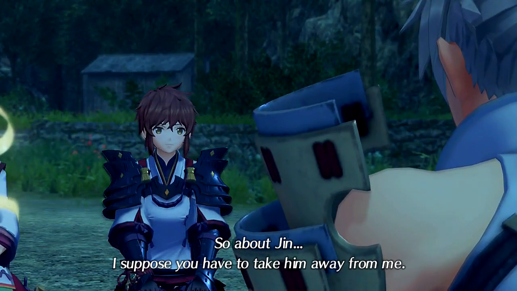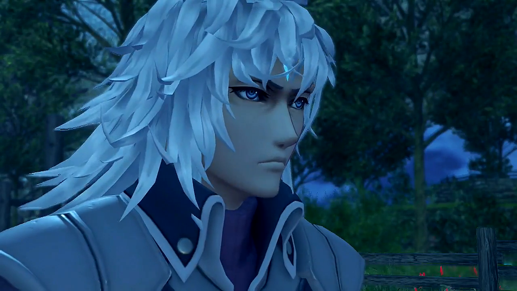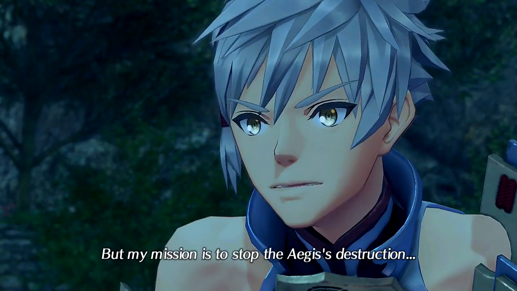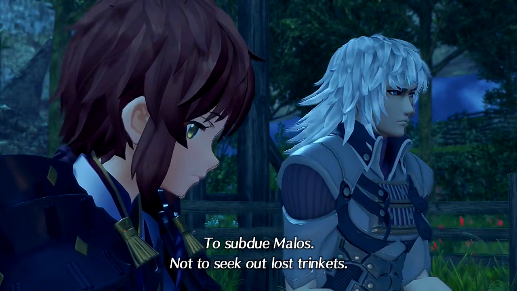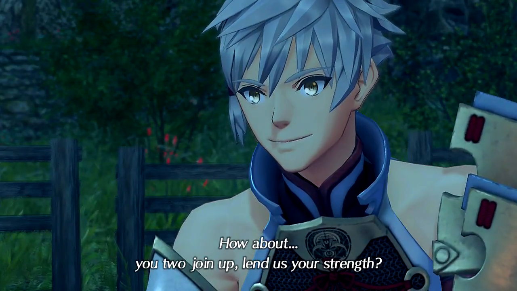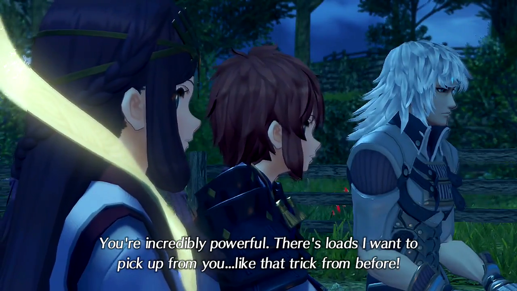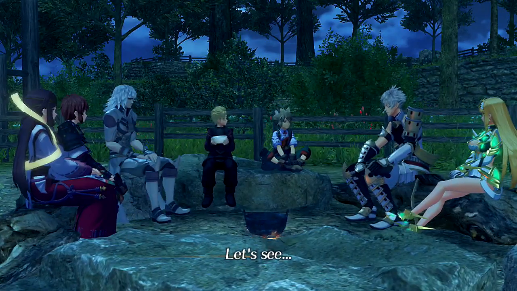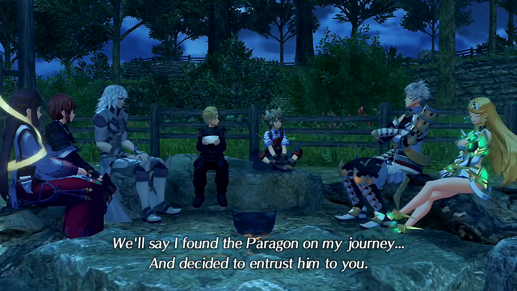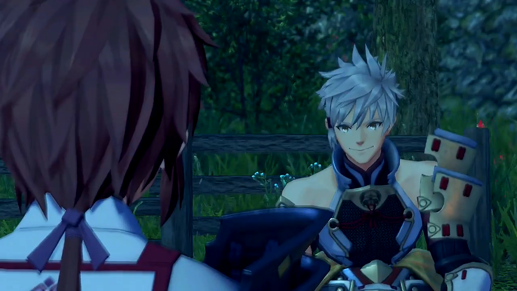So, about Jin. I suppose you have to take him away from me. I could try to slay you right here. But my mission is to stop the Aegis' destruction. To subdue Malos, not to seek out lost trinkets. Who cares about paragons anyway? Huh? How about you two join up? Lend us your strength. You're incredibly powerful. There's loads I want to pick up from you, like that trick from before. Let's see. We'll say I found the Paragon on my journey and decided to entrust him to you. To help with Malos. Well, sound plausible? That's just...